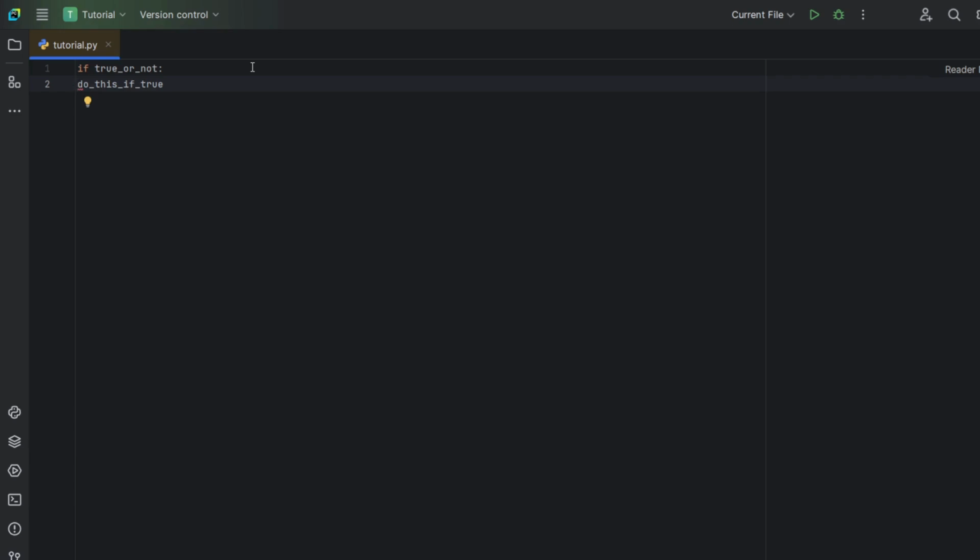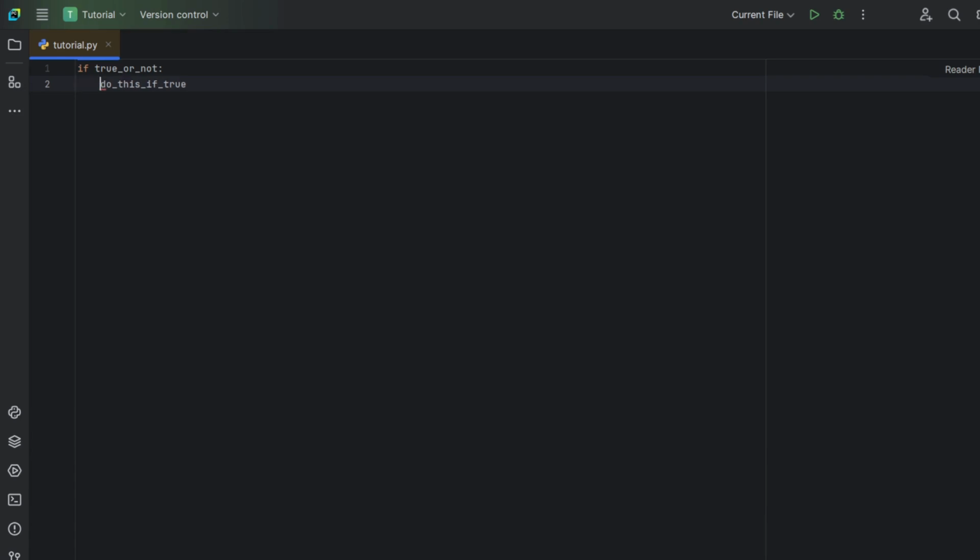What is an indentation or an indent? An indent is a set of spaces which defines an expression or a statement. Over here, this is our indented statement. And without the indents, it is just a normal statement. It is not part of the if statement. But once we give it the indents, which can be done by pressing tab, we can see that this indented statement becomes a part of the if statement. Without the indents, this is just a normal statement which has no connection to the if statement.